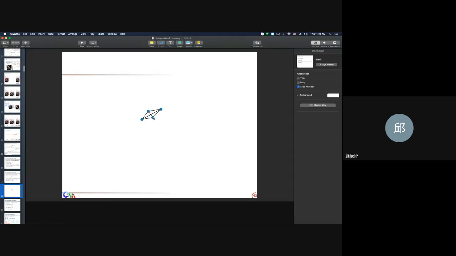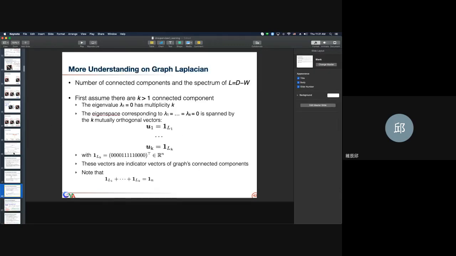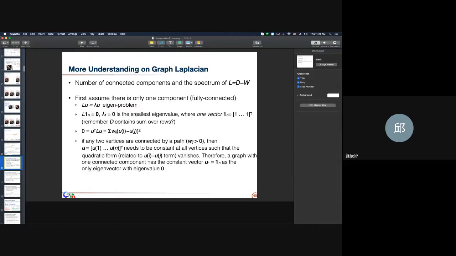This is the so-called fully connected graph. If you consider its eigen problem,